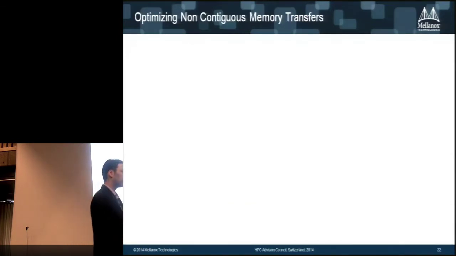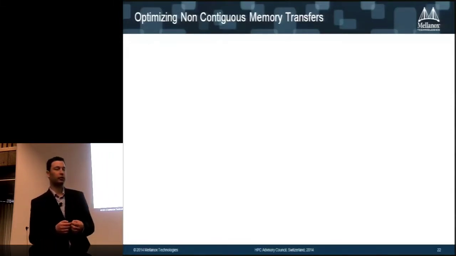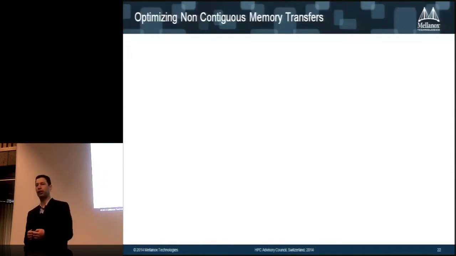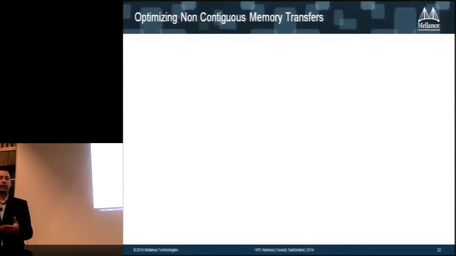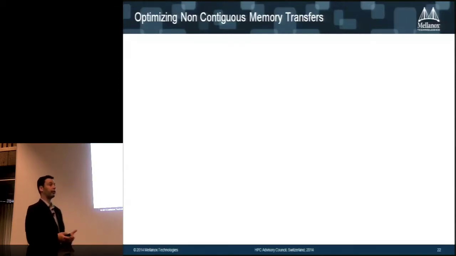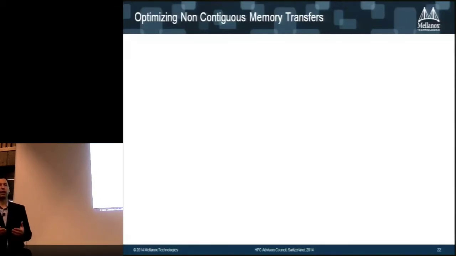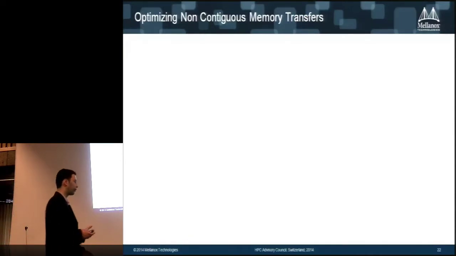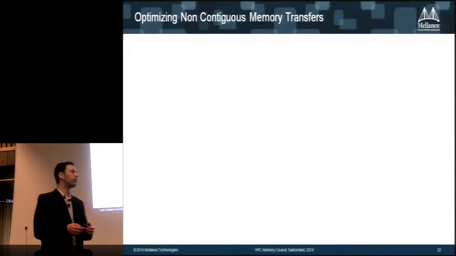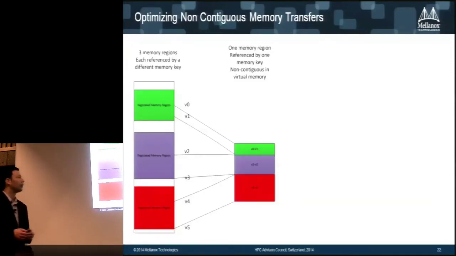Another topic, we talked a little bit about data movement and the cost that is related to moving data, and we mentioned that we need to optimize on the data movement. So sometimes the data that you want to move in a single operation doesn't reside, either locally or remotely, in a contiguous place, and you want to be able to take these non-contiguous places and make a contiguous virtual memory out of them. So I give you two examples. I think that the second example will be more of